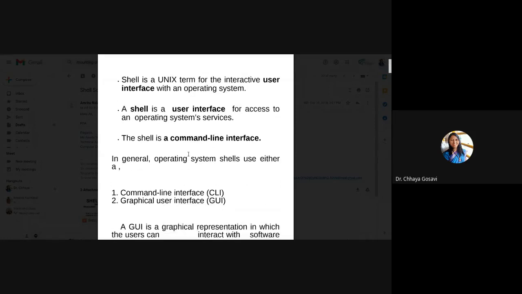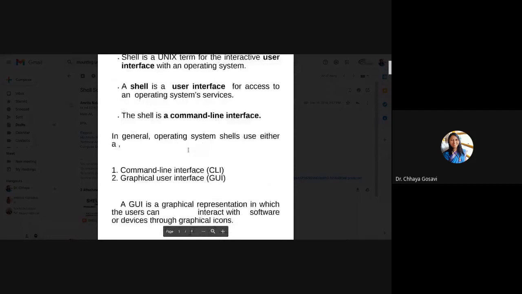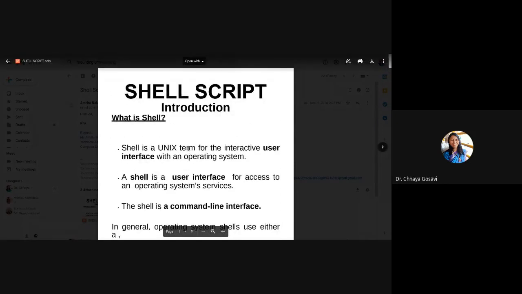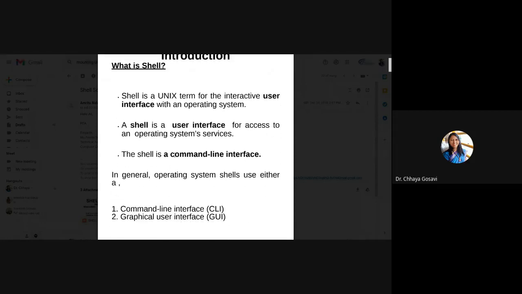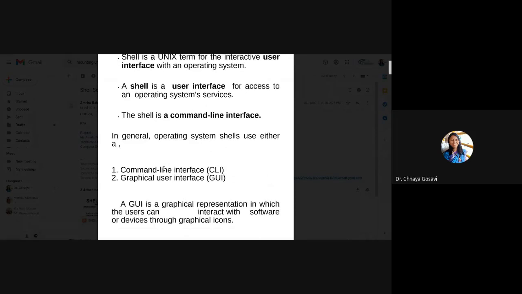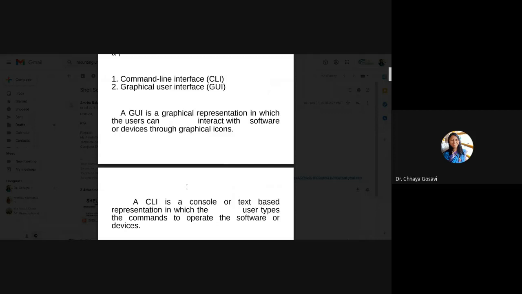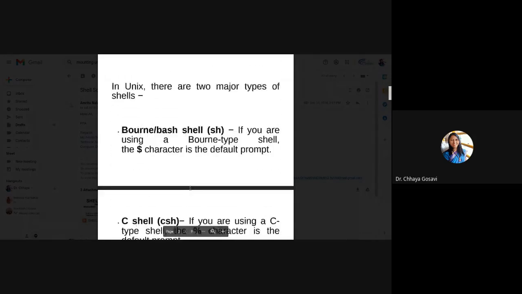We have seen shell commands. Shell script is a Unix term, an interactive user interface. What is shell? Command line interface. It is a user interface, and shell is used to translate commands to the operating system. There are different types of shells.